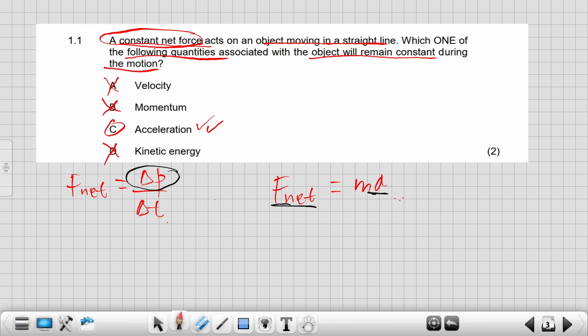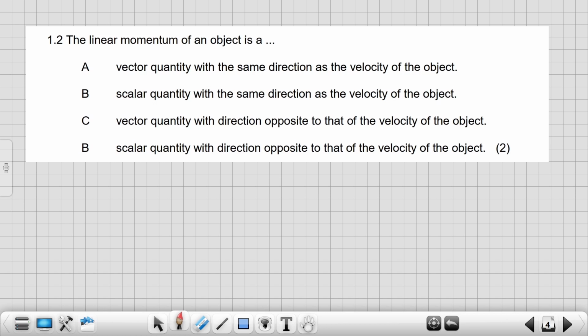So this is applying the hints. One, we start with eliminating the distractors. Two, we apply physics principles, and the physics principles will assist us in getting the correct answer. Then let's move to